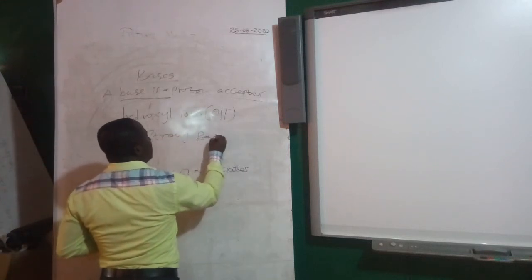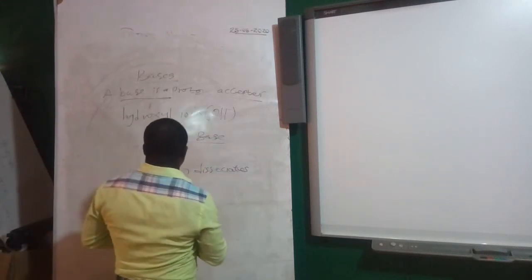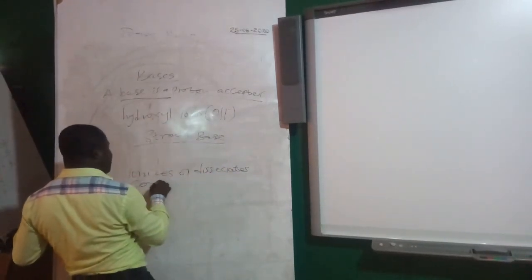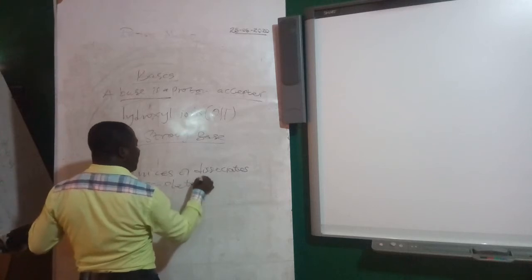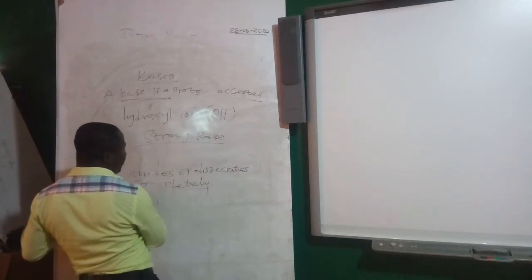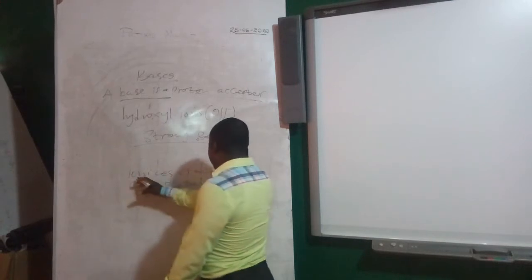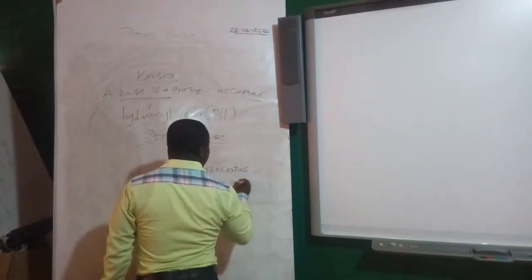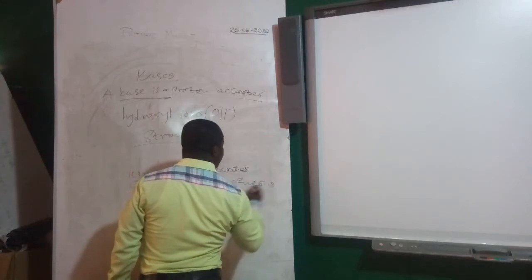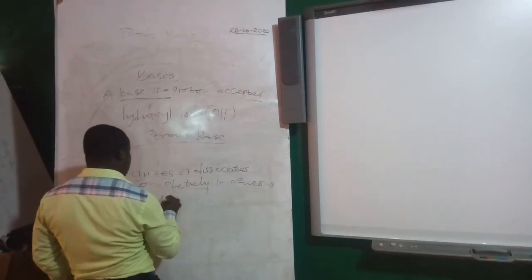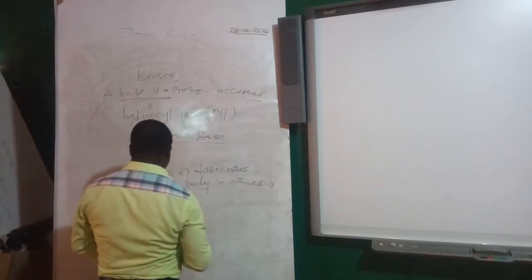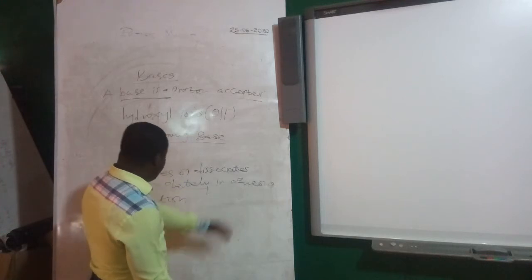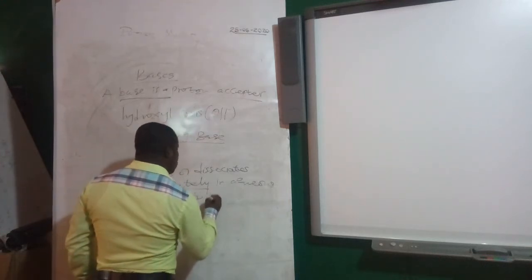Strong base. A strong base is a base that ionizes or dissociates completely. Completely. Take note of this word. Ionizes or dissociates completely in aqueous solution. A strong base is a base that ionizes or dissociates completely in aqueous solution to